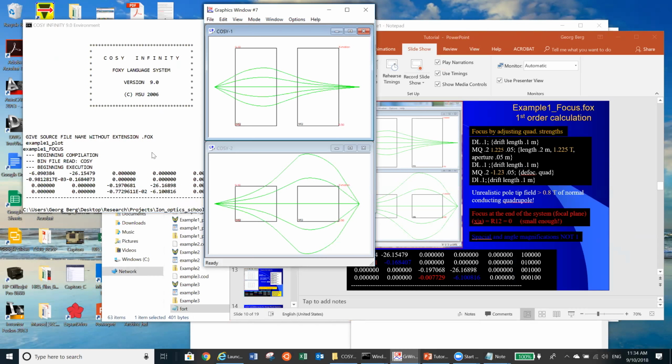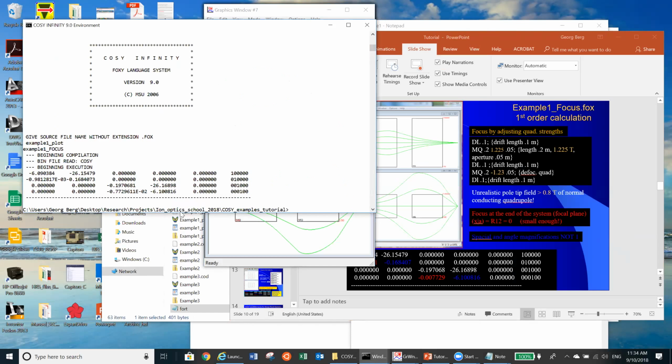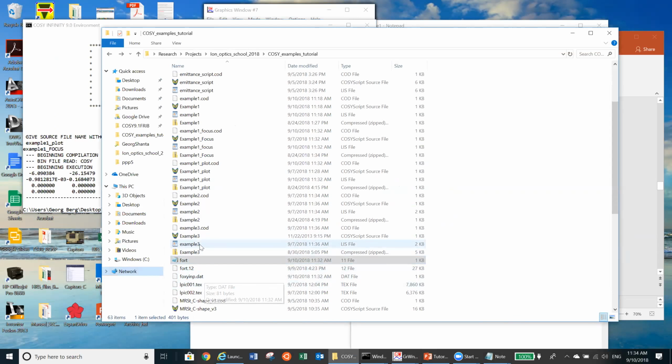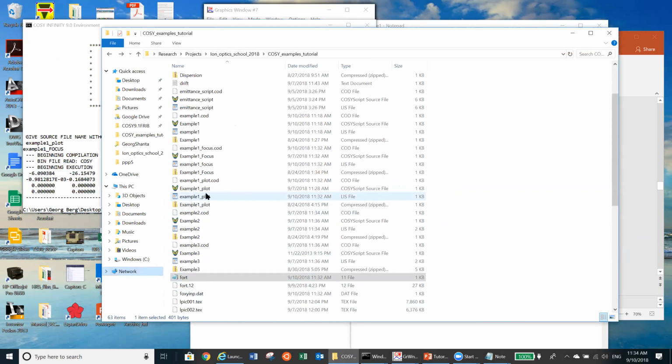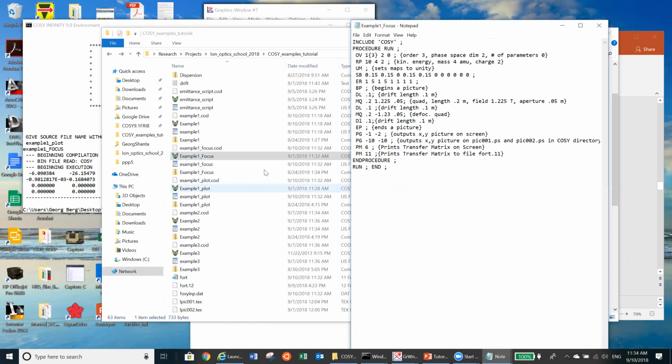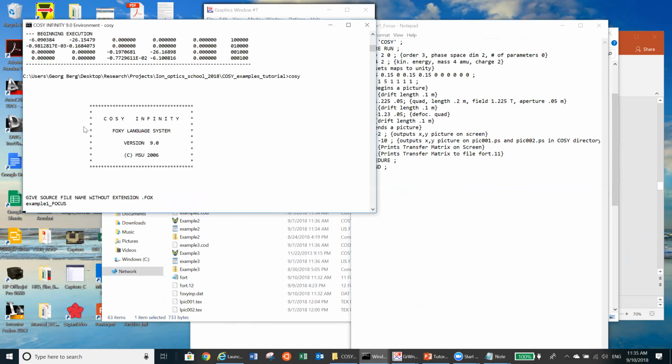So, and this is in first order. Now I show you something interesting. I take that file, example focus, and open it with Notepad. What is the time? Yeah, we still have time. So I had calculated this in first order. Now let's change this to third order. So if you go to third order and run it again,